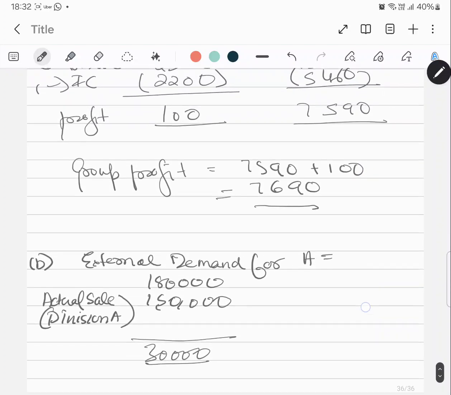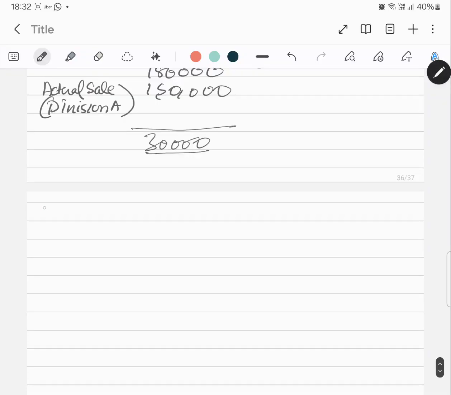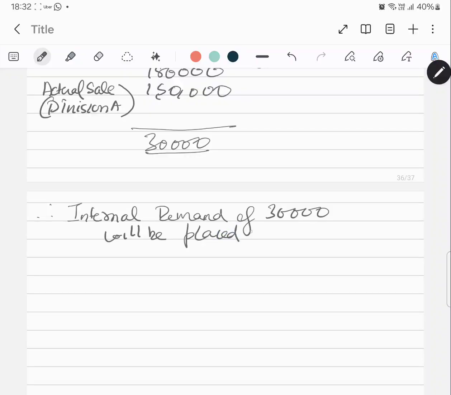So let me just say this: therefore, the internal demand, to be more specific, internal demand of 30,000 will be placed with division A, right? So division A